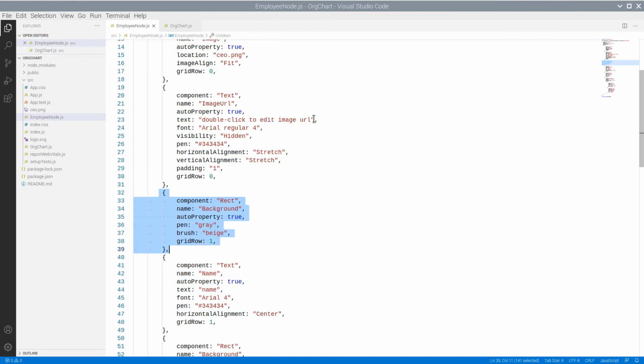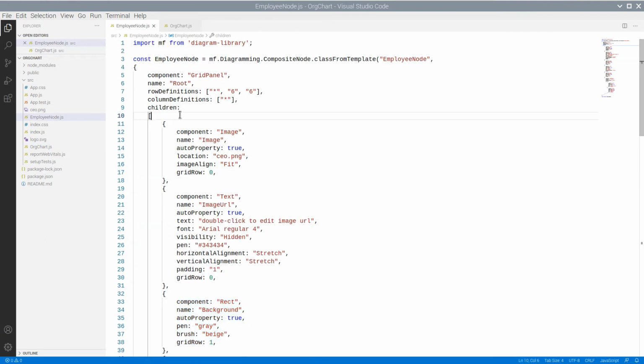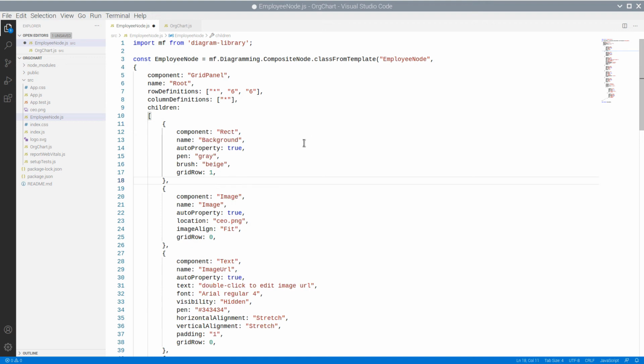Adding a background is easy. We need to add a new rect to the grid panel. When the rect is added first and is in a given cell, all content added to the cell will be drawn on top of it, which is exactly what we want. Note that we have to set a name to the rectangle. We will use it.